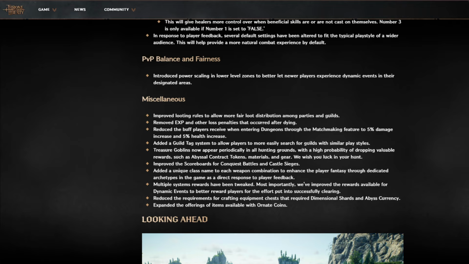Reduced the buff players receive when entering dungeons via the matchmaking feature to 5% damage increase and 5% health increase. It used to be a lot more. I kind of wish they kept that the same, because some players don't have the capacity to have the skill to do some of the dungeons. I know the dungeons are a lot easier for most players, but the reality is the majority of players aren't that skilled,